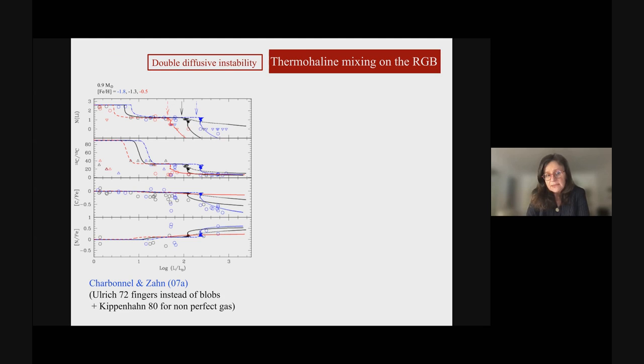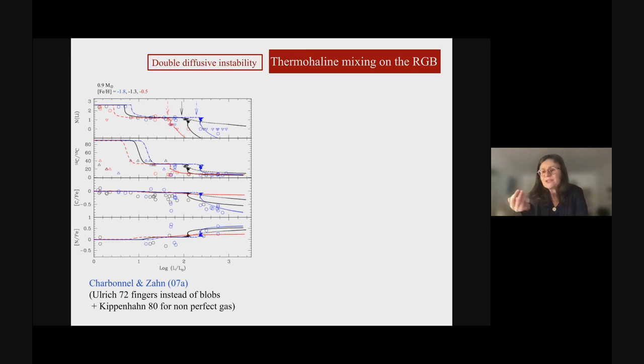And what is also important is that it's only the CNO which is changed. People have looked for the effect of thermohaline mixing on higher elements, because when the RGB stars are brighter, the temperature of the hydrogen burning shell increases, and you could expect, if the thermohaline mixing was going deeper, to change, for example, sodium or even oxygen. And this has never been found.